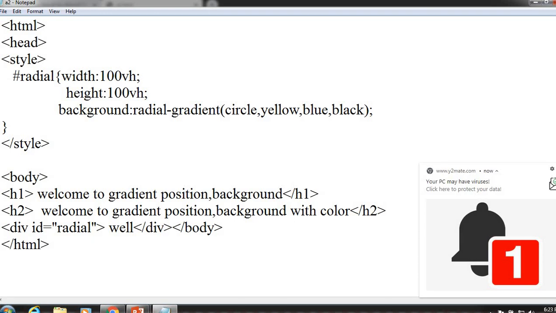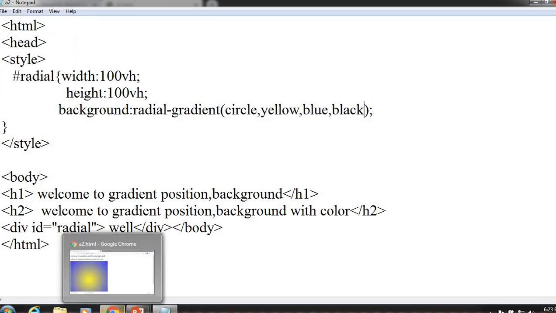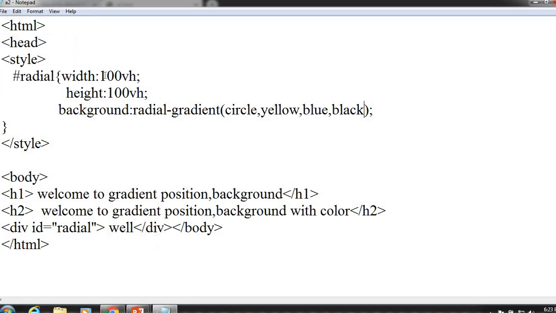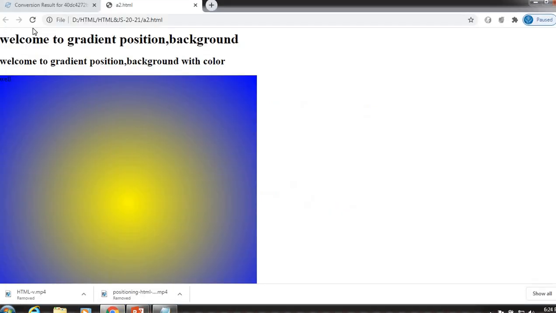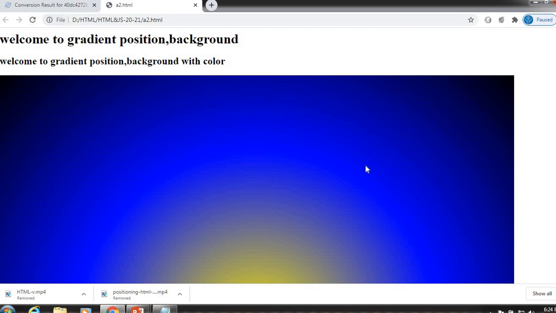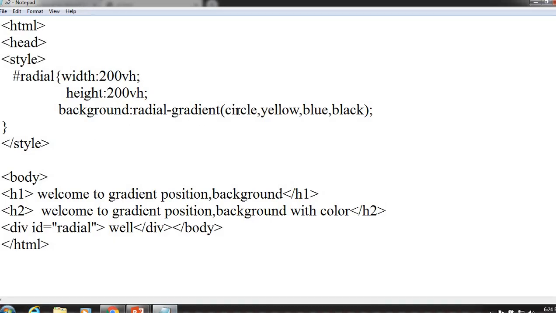I am going to add another color, and I am also going to make the height and width bigger. So this is how we get the circle position. So just modify this in a different way.